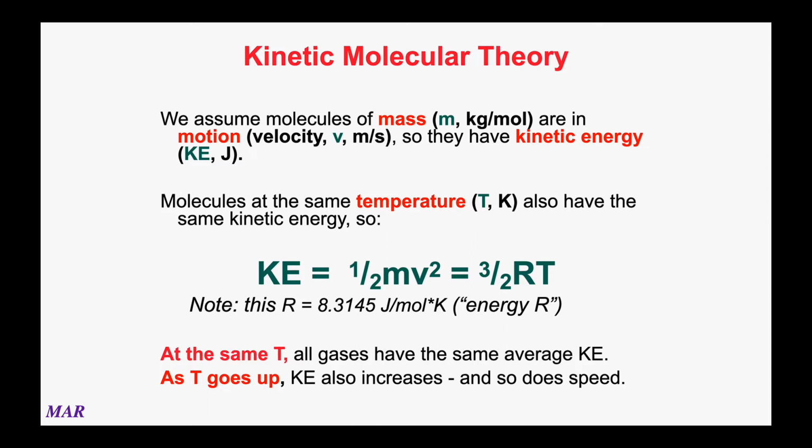So from physics, the energy of movement, the kinetic energy, equals 1/2 mv squared. And m here is just the mass. The mass is usually in kilograms, or kilograms per mole. The v is for the velocity, which is like speed, how fast it's going. And speed is usually measured in meters per second. So 1/2 mv squared is the way to calculate the kinetic energy, like how many joules it has from moving.